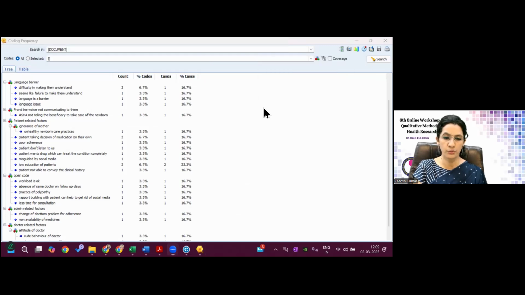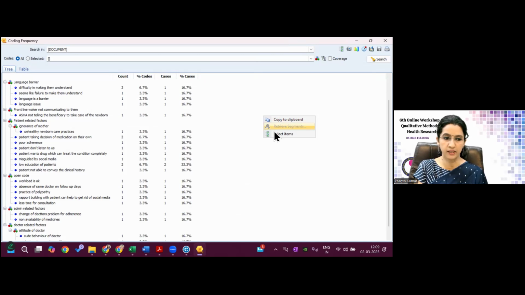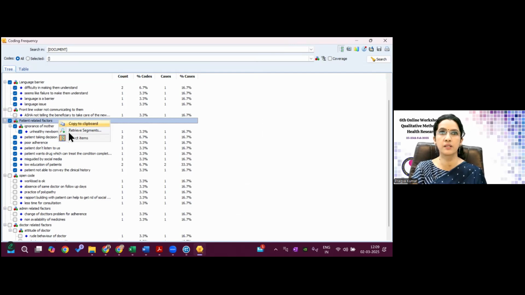Now, if you want to select this and you want the excerpt, you should go to this select item. Let's say I am selecting this theme or this category, language barrier or patient-related factor. I will right-click this and click on this retrieve segment. If you click on this retrieve segment,